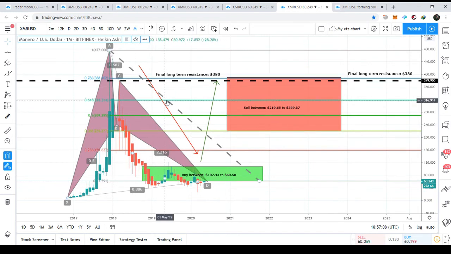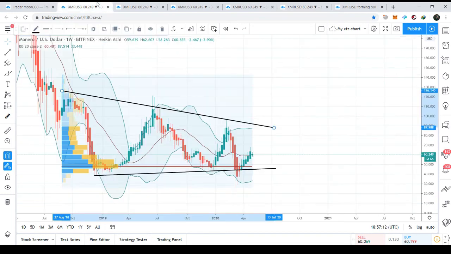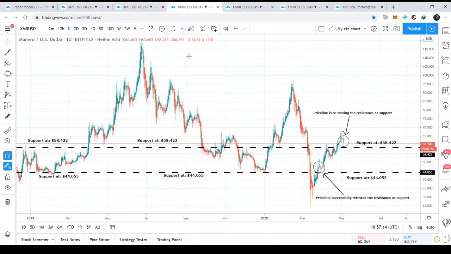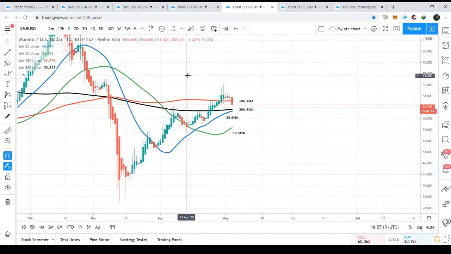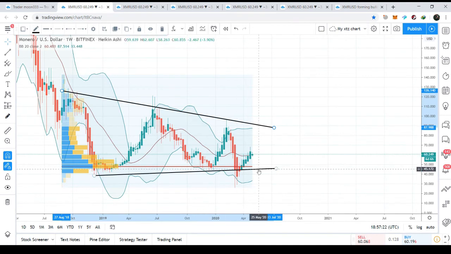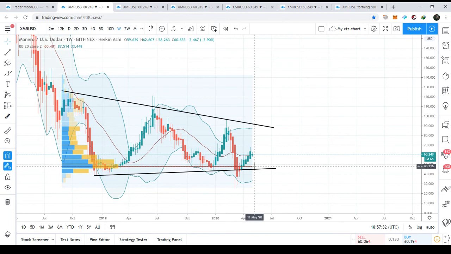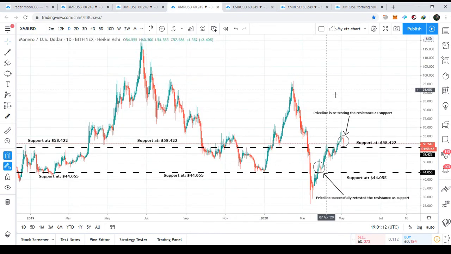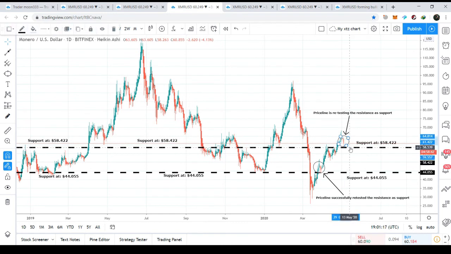So I'm expecting a little bit of a bearish move if the price line breaks down this support and also the 200 simple moving average support. Then we can see the price line again retest this support of this wedge pattern that is almost at $45, or it will at least reach this point of control level that we have almost at $47. But if the price line is able to retest this previous resistance of $58.52 as a support and